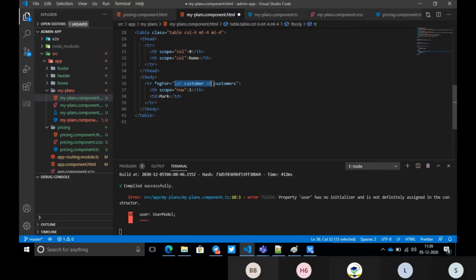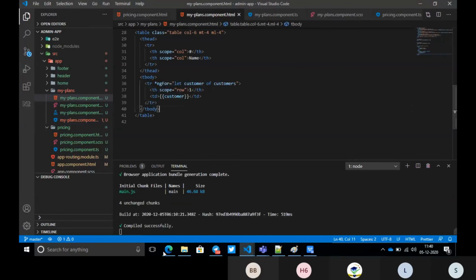And what does this let customer of customers mean? We want to get the first customer and store it. We want to display that information here. You know how the template works, right? So I'm getting the first customer data, storing it into this variable, and printing it here. Again, I will go here, get the second customer data, and print it here. Again, I will get the third one, until however many there are. We will display that many.